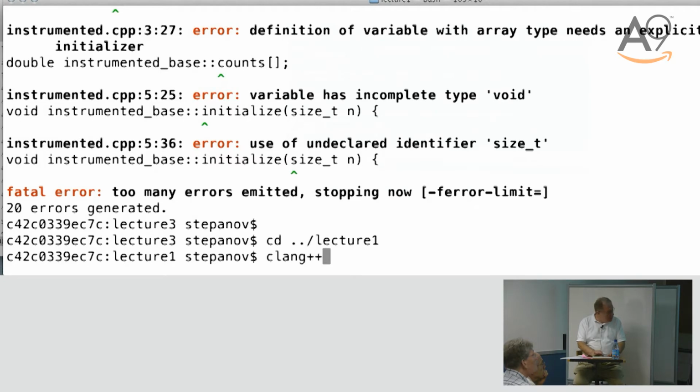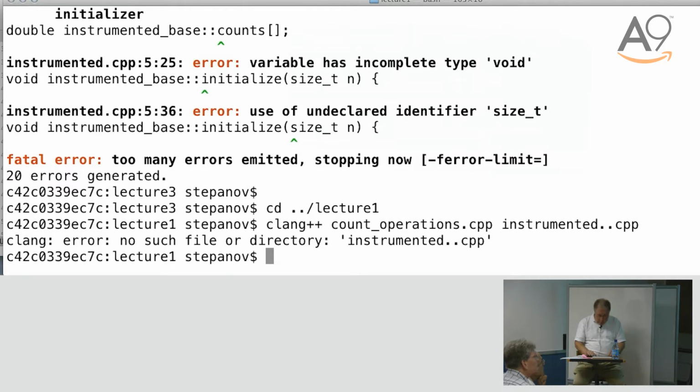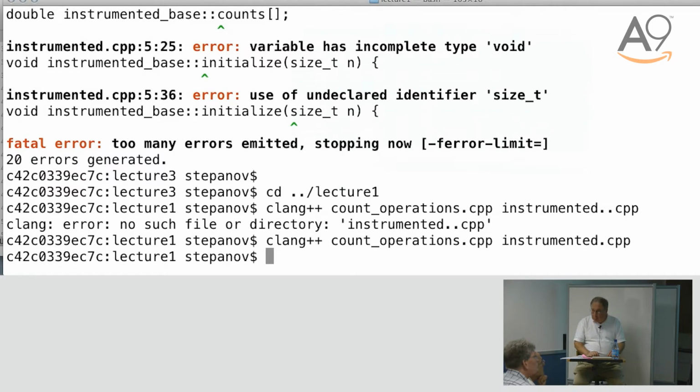Plus. What was the name of the file? Count operations.cpp. What was the other one? .cpp. Okay, so we know that it used to compile, and now it doesn't compile. So we could say diff, what is it? Instrumented